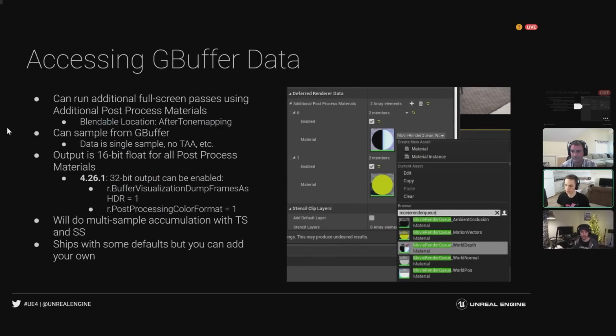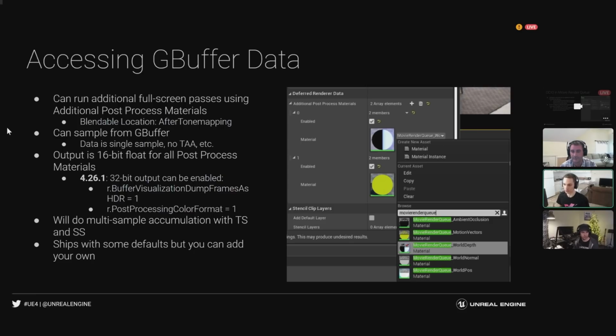So big picture, what is gbuffer data? The gbuffer is how deferred renderers work. It's called a global buffer. It's what the G stands for, I believe. What it is that when we render a scene in Unreal using the deferred renderer, we store things like roughness and normal and depth and specularity and emissive. We store all those into some textures. And then once we've rendered all the objects in the world into those textures, we then apply a pixel shader that samples from all those textures and builds your final pixel as you see in the viewport. It's a very simplified version. There's a lot more going on.